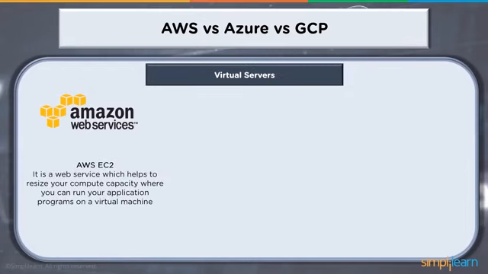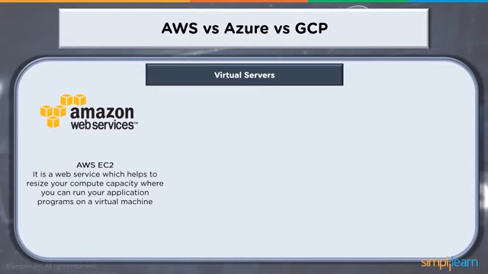When we talk about virtual servers, Amazon's EC2, that is Elastic Compute Cloud, is a web service which basically helps to resize your compute capacity where you can run your application programs on a virtual machine. So using the EC2 service, you could launch virtual instances that could have any distribution of Linux or Windows. You could have different specifications when it comes to RAM, CPU cores, or disk. You could also decide on what kind of storage a particular instance should use,